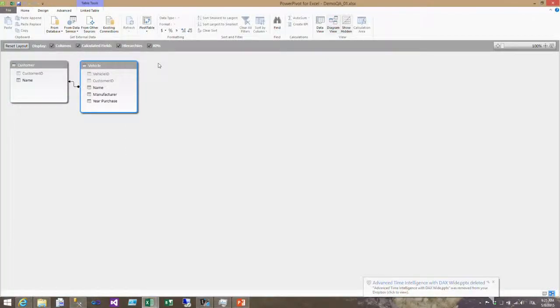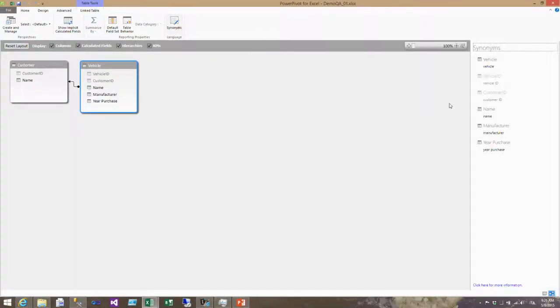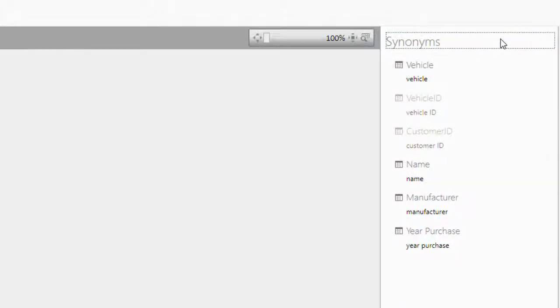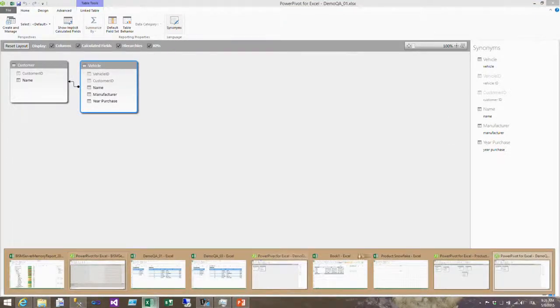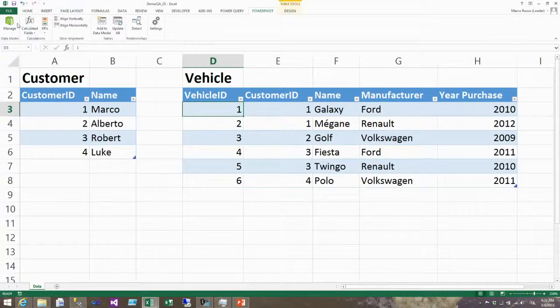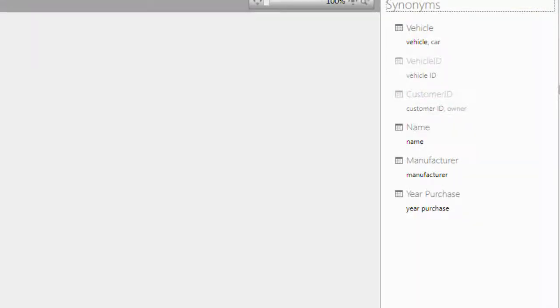So when you create a data model and you want to offer a better user experience, in Power Pivot today, you have this button, Synonyms, that allows you to specify for each table and each column which are alternative or additional names that can be used in Q&A. So the only goal of providing this information here is to increase the usability of Q&A in Power BI. And I can show you an example in this other model where I already created my synonyms. And as you see here, I wrote car.